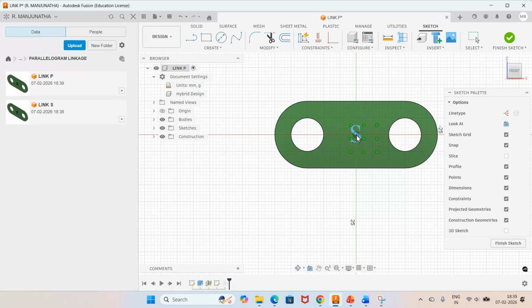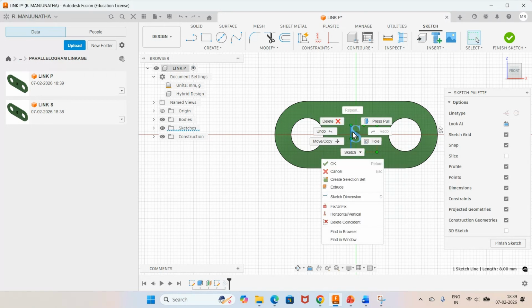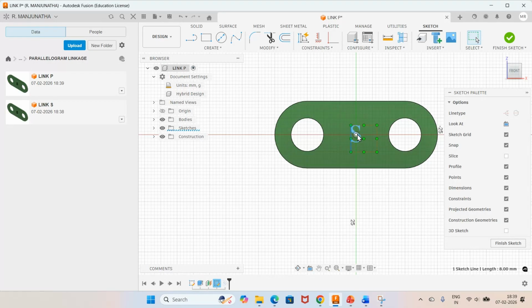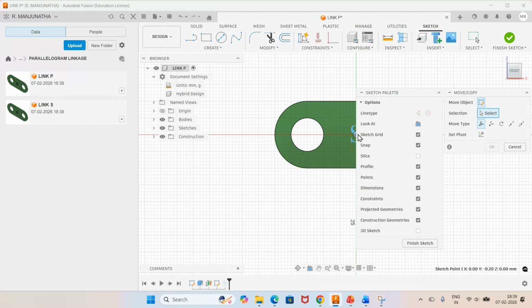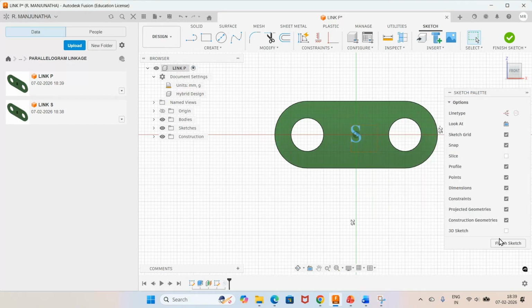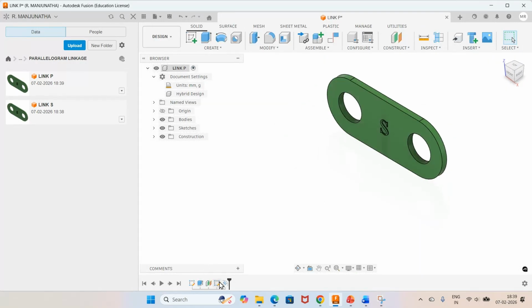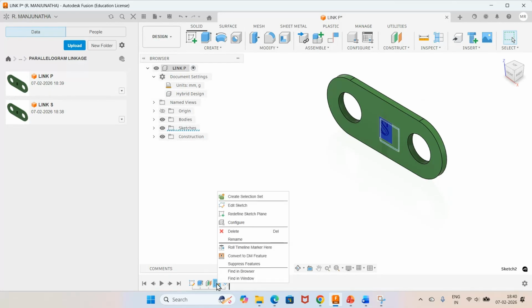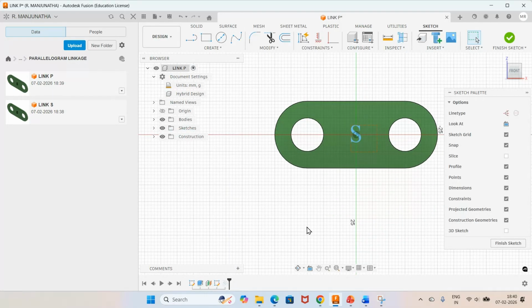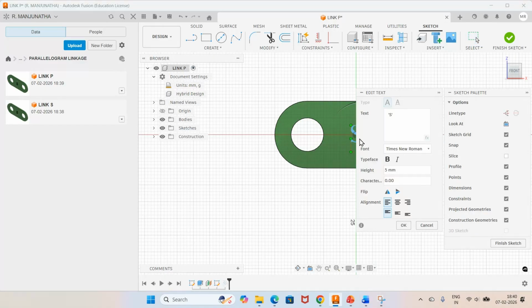Just double click on this. I'll go for right click. Okay. Now